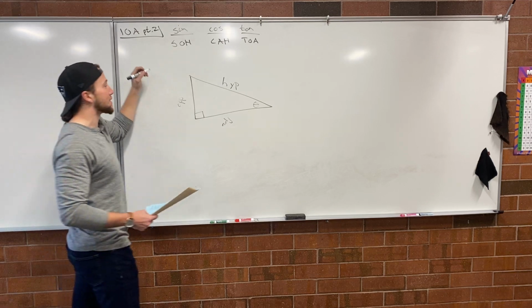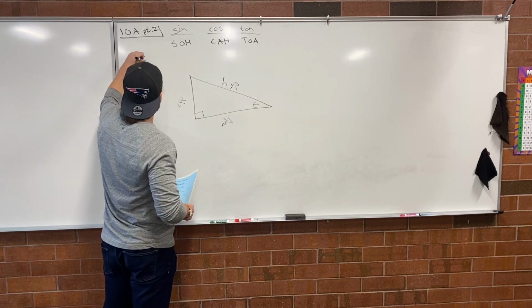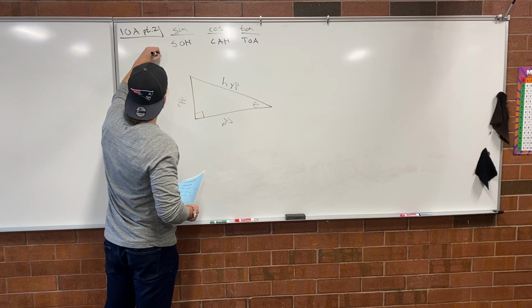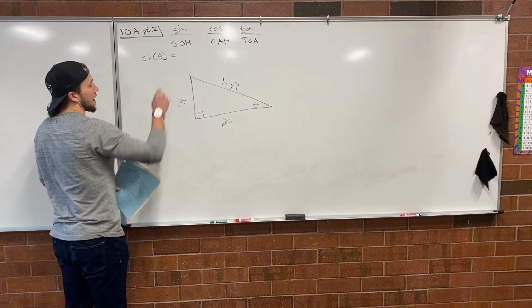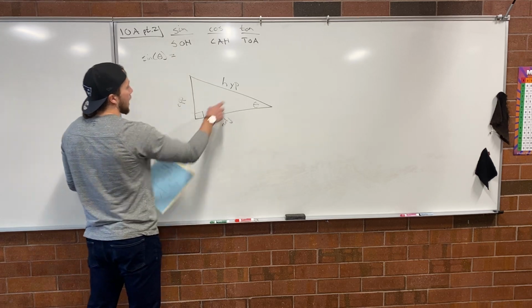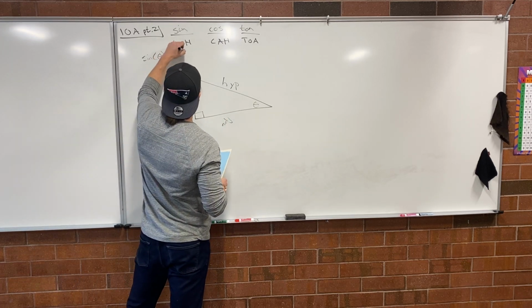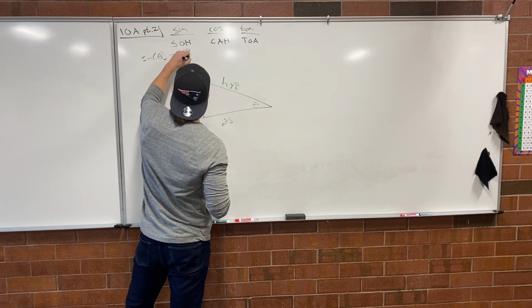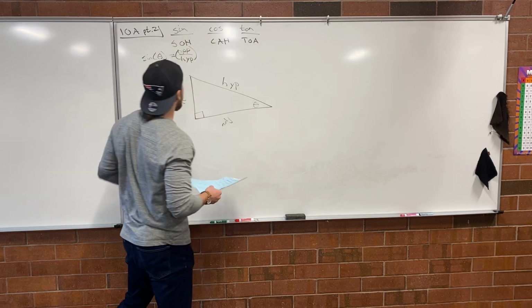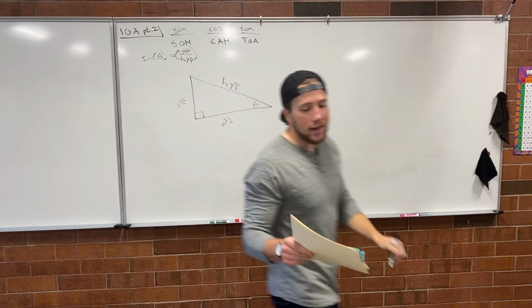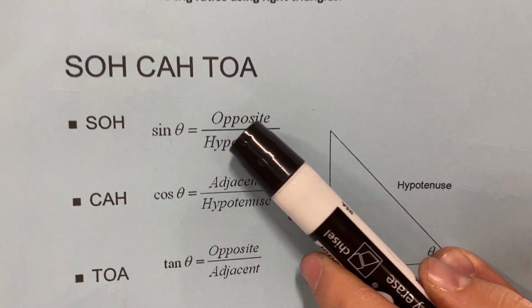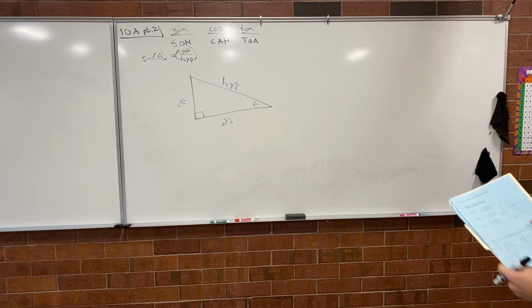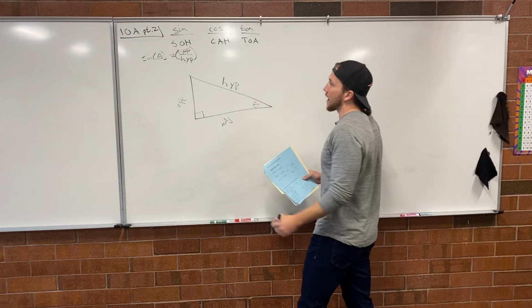And what this means is that the sine of the angle theta, so sine of theta equals O over H. So opposite divided by hypotenuse, okay? So opp, O-P-P, over H-Y-P, okay? And that's kind of what we can see right here at the top of the note sheet. I'm just sort of explaining what each of these are, okay? And we're going to get into these examples with numbers, but for now we just want to define them with